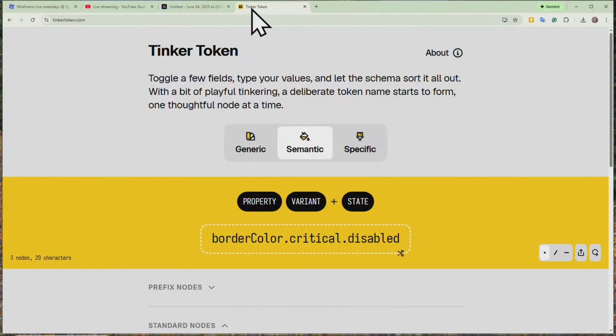Let's bring it up here. So this is Tinker Token. This is available at tinkertoken.com, and it looks really cool. I really like the visual design of this a lot in terms of some of the visual choices here, especially